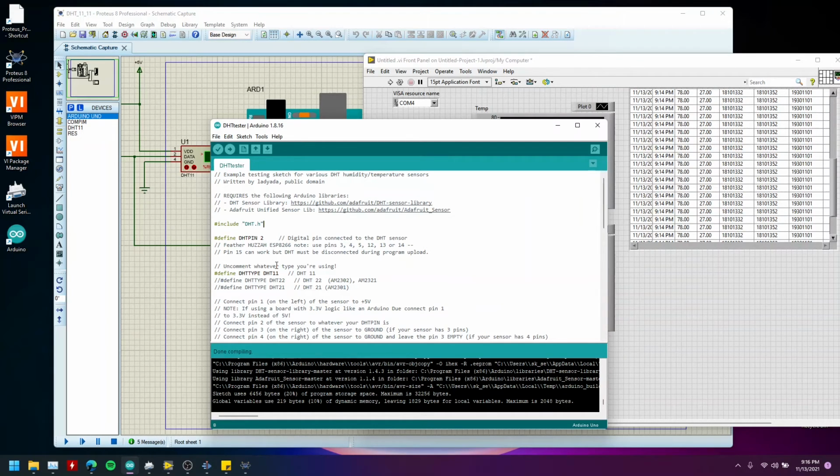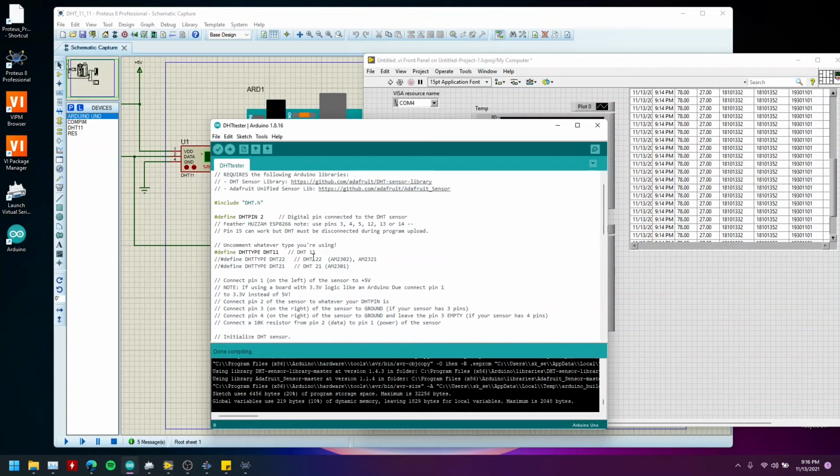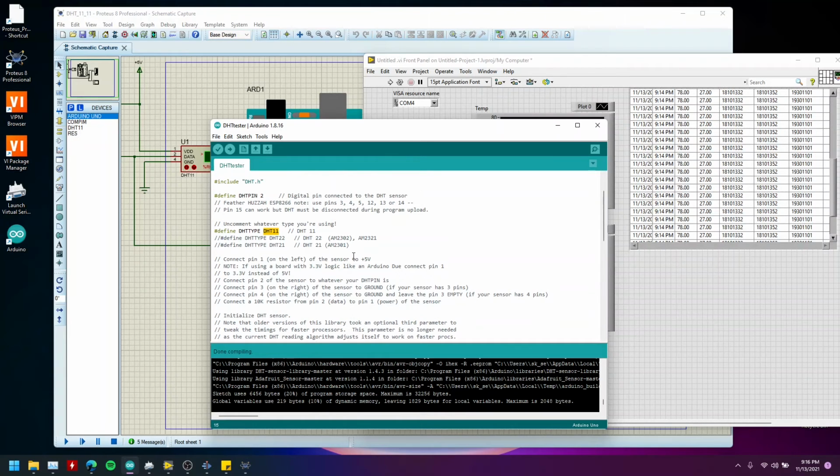In the Arduino code, we have imported the DHT library to get the humidity and temperature values from the sensor. Then we have used DHT type 11 for this program.